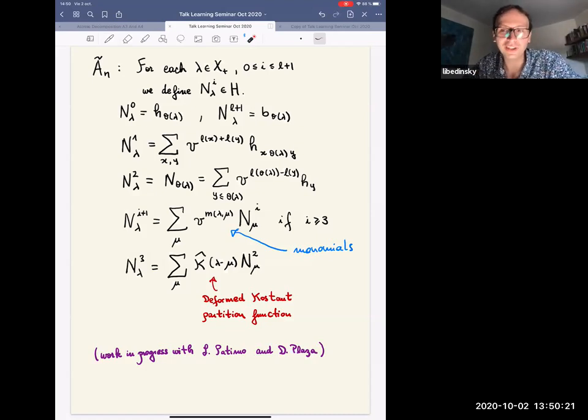I'm very imprecise, but it's related to the height: if alpha 3 plus alpha 4 plus alpha 5 plus alpha 6 has height 4, it's related to the height, this i that appears. But I have no idea yet what this